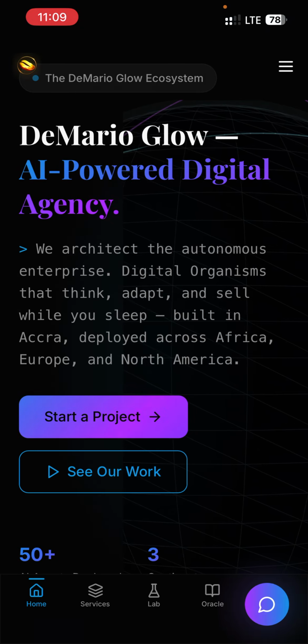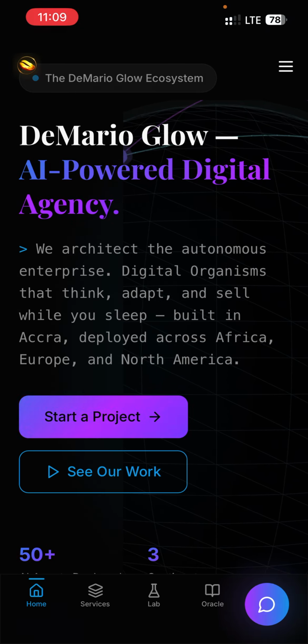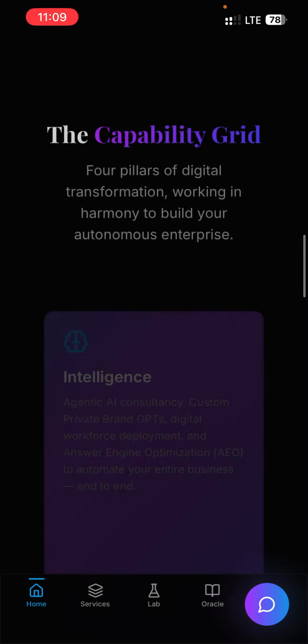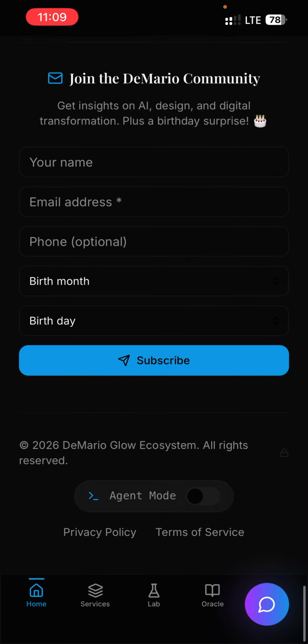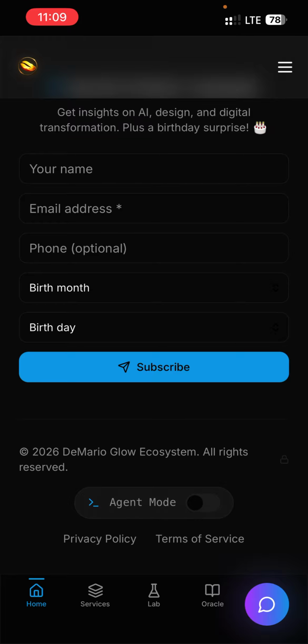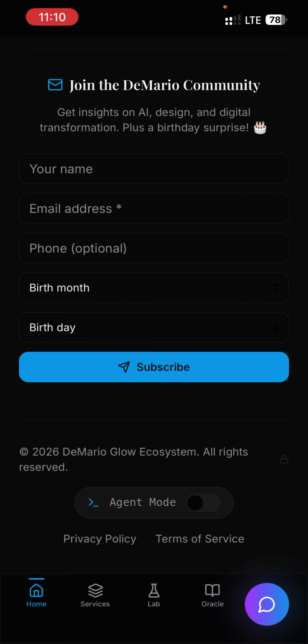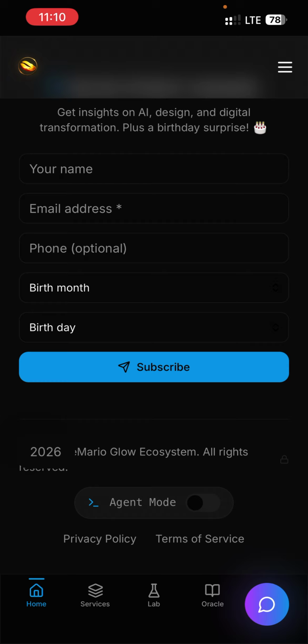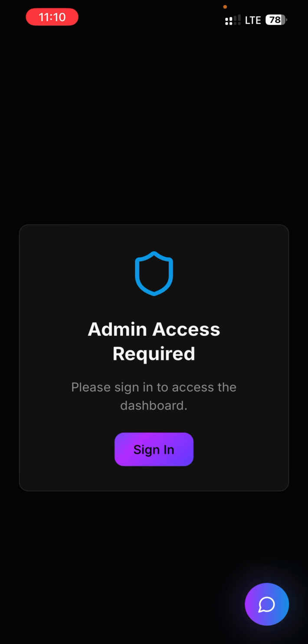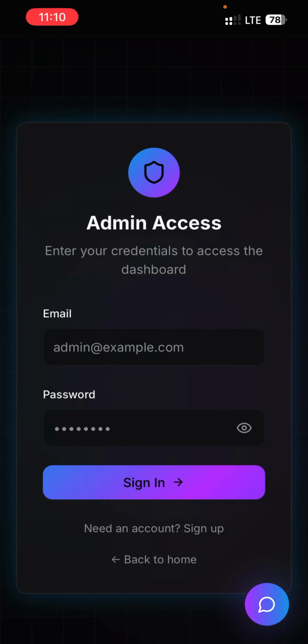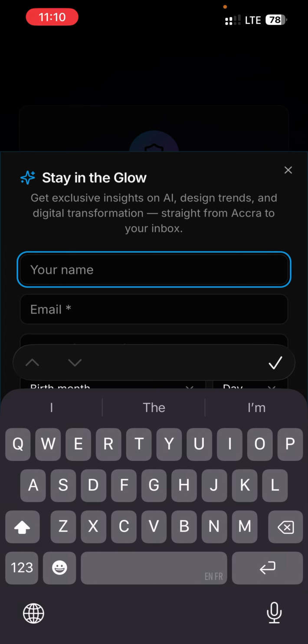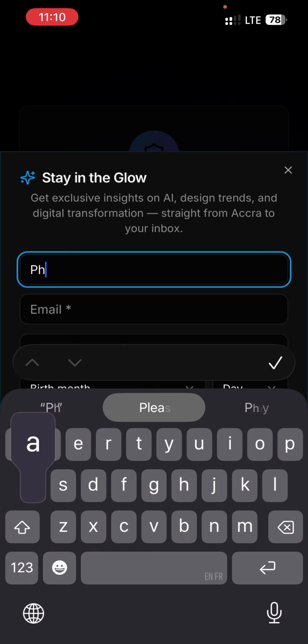All right, to log into your account, if you log out or you are signed out, you scroll down all the way down, and then click on the year 2026. Or if you can see on the right here, there is a padlock there. So let me go back and then click on the year 2026 over here. Clicking on it would bring me to sign in. I'm going to type in my details and I would be able to